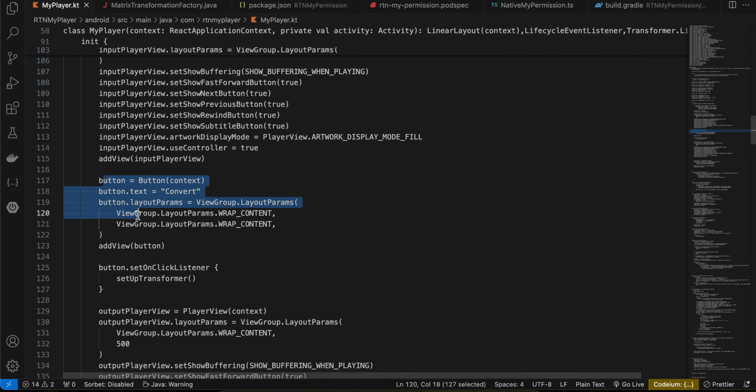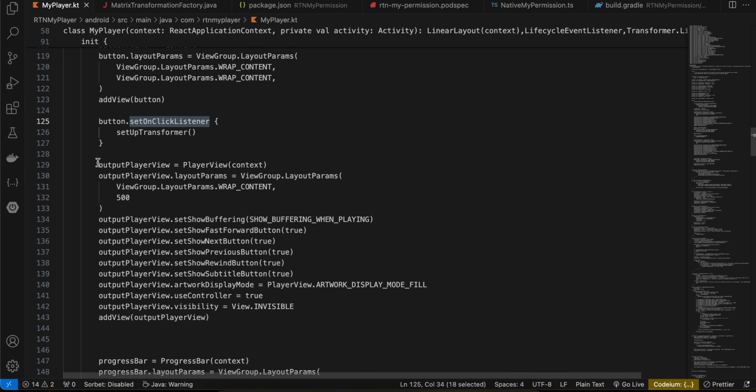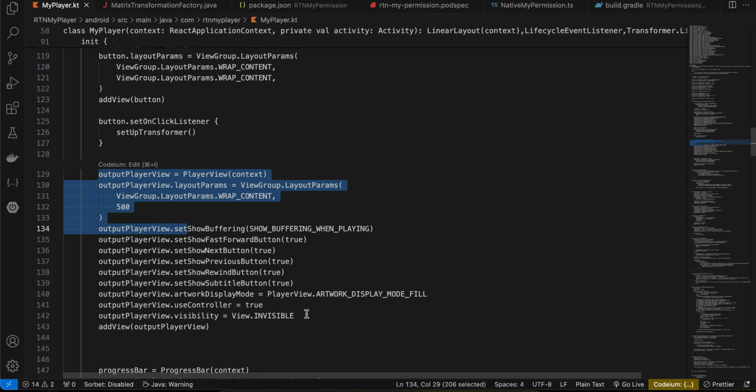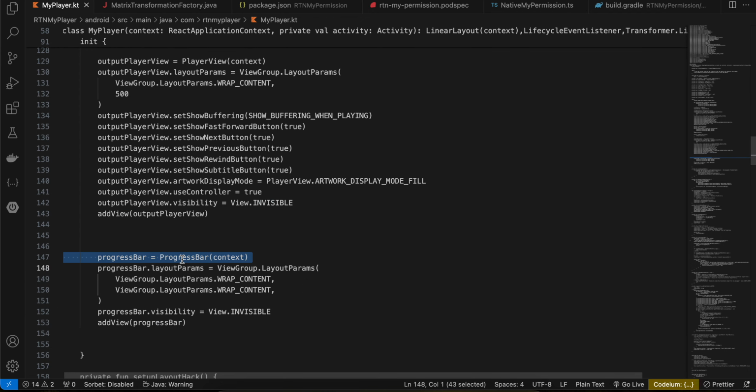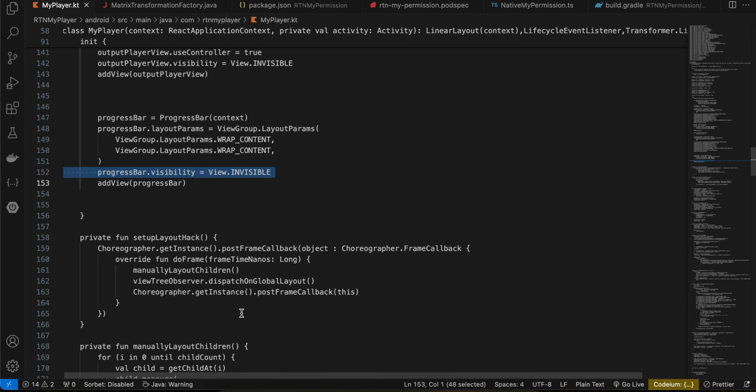Then here I have created our button and added it to our linear layout, and I have set one click listener as well. Then here output player view is similar to input player view, only thing is it is invisible by default. Then here we are creating our progress bar, and it is also invisible by default. Now like I told you, right,